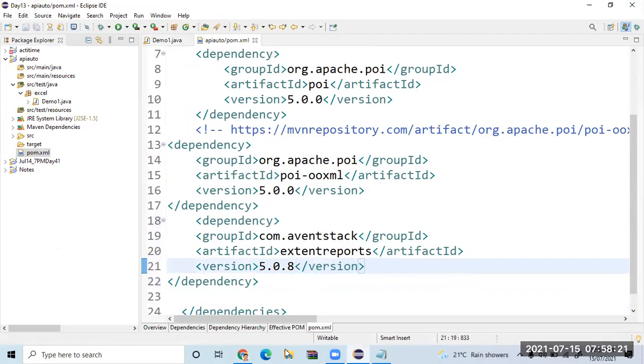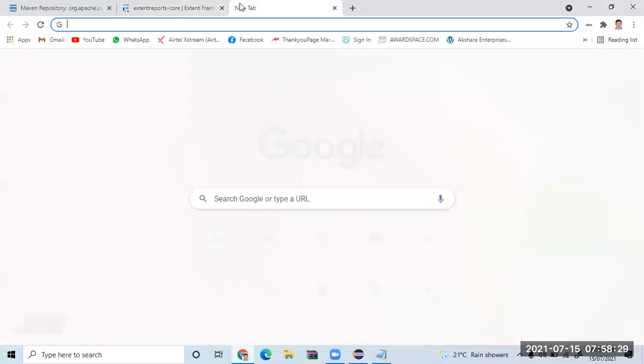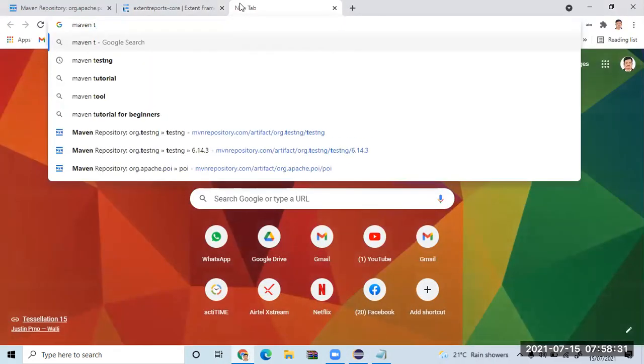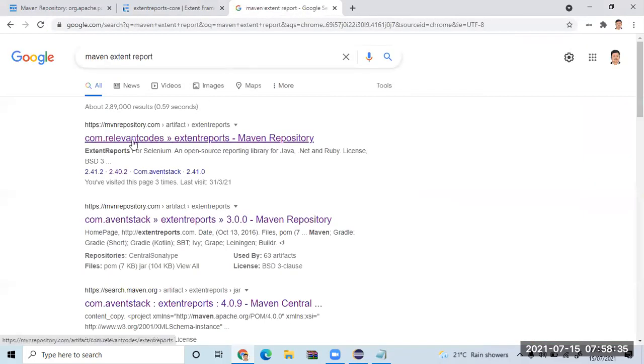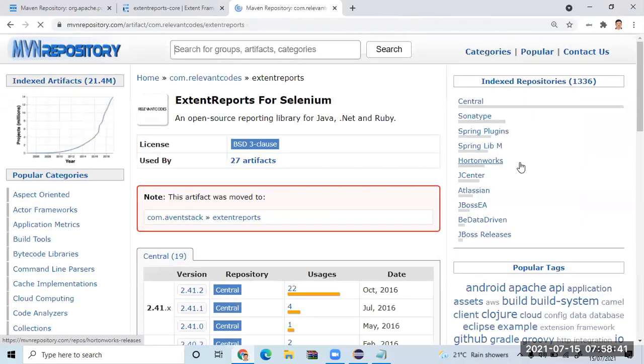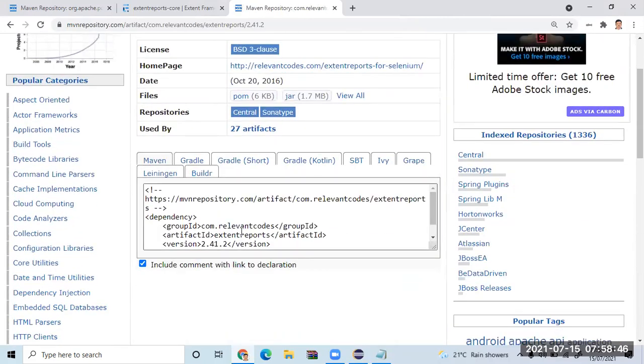How do I know this? You can just search for Maven extent report. You can go to the Maven website. And please be careful about it.